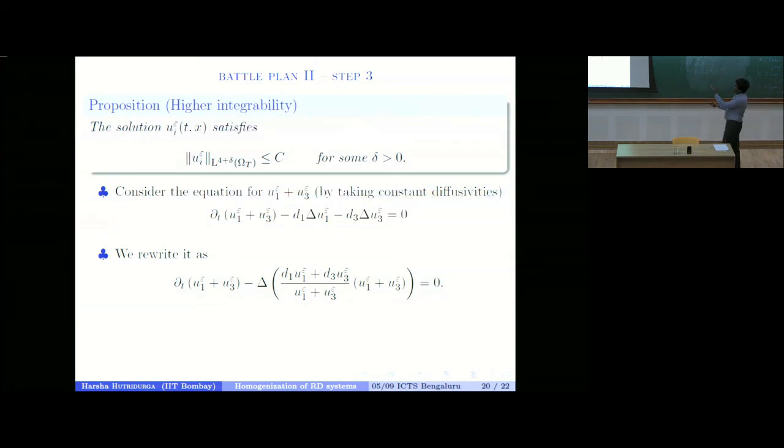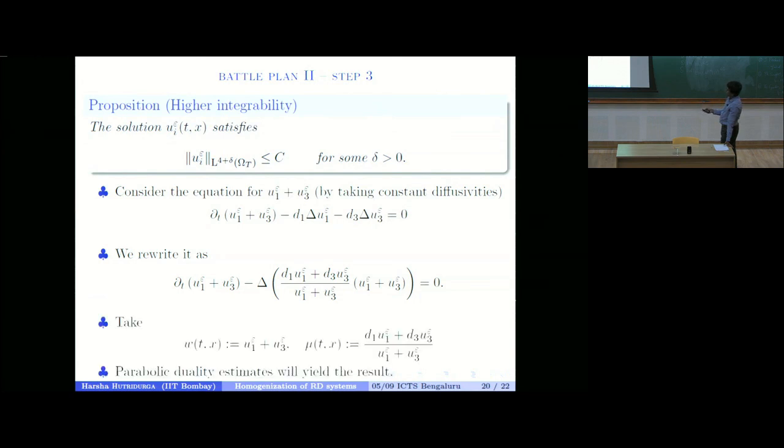They have exploited the fact that D1s are constant, but there is another duality argument which you can use when the DIs are functions of space. But here, this is neater, so I just wanted to explain this. They'll just multiply and divide by U1 plus U3. That's what they have done. Now, what these people, Jose Canizo and co-authors, did was they defined this fellow as mu of t and x. This is the mu. If you call this quotient as mu, and if you call the unknown u1 plus u3 as w, you are,